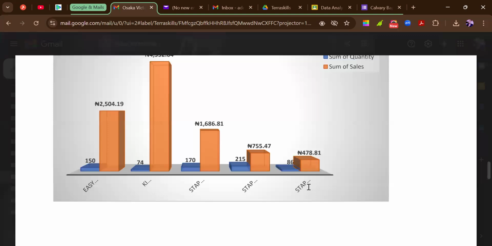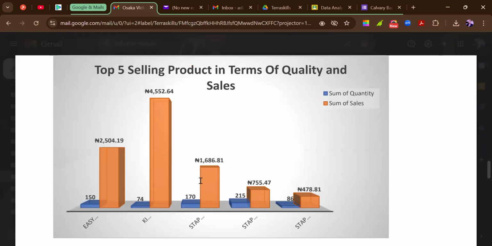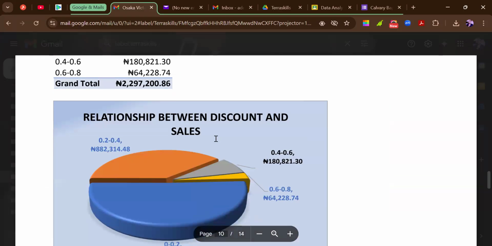What I am trying to talk about is that you should let your labels be clear, let them be visible. You can reduce this, and it is not compulsory that you also make it diagonal. I think it's because you actually made it diagonal that it has cut off the most important part of this chart, which is the items, the products, the exact product that we are trying to talk about. They are the ones that you actually cut off. So please try and adjust that accordingly.